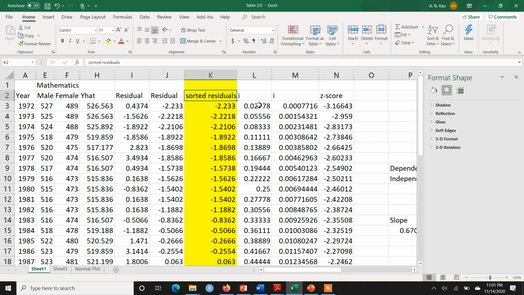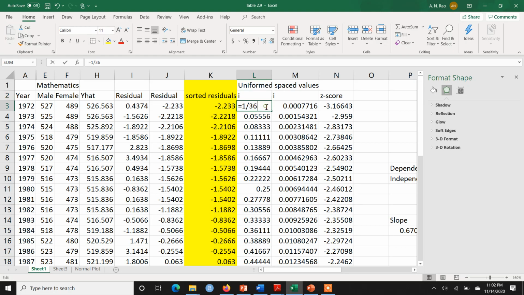Now what you have to do is generate a column of i values. Let me type here that I'm generating these i values in a manner that these are uniformly spaced values, right? What is meant by uniformly spaced values? There's a certain pattern that I'm going to follow while I generate the i values.